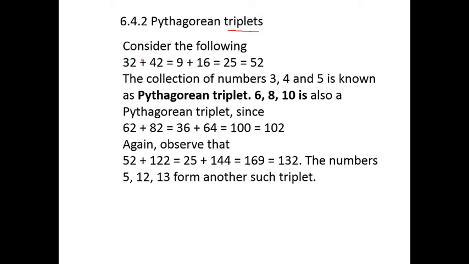Here 3 terms are there, and if we add, then we can say it's a triplet. Here we can say 3 square plus 4 square. Actually it's a power 2, here again power 2, here power 2. 3 square is 9, 4 square is 16. So it is 25, that is 5 square. 3 square plus 4 square is equal to 5 square. It is called triplet. So which are the triplet terms? We can say 3, 4 and 5 are triplet.